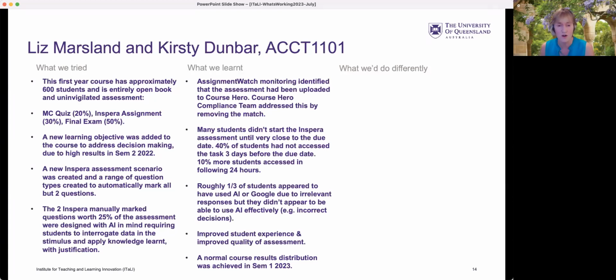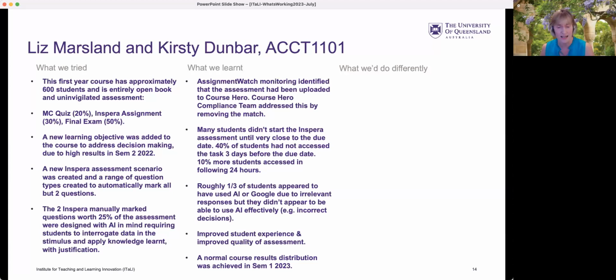In terms of some of the things that we did notice this time with the Inspera assignment, one of the benefits of using Inspera is you do get that granular idea of how many students have accessed the assessment. I mean, often we know students leave it to the last minute, but the actual reality of how late they leave it was quite frightening.